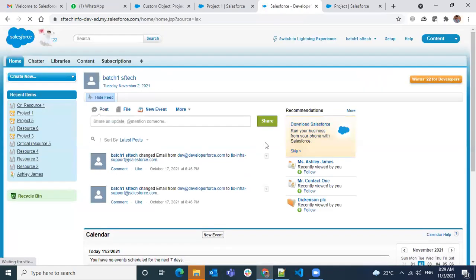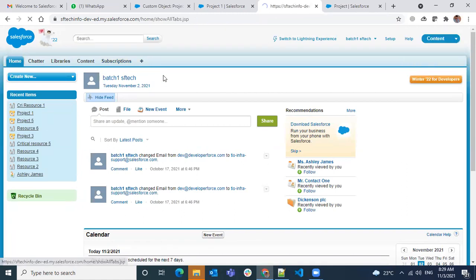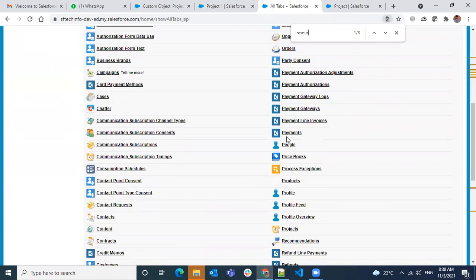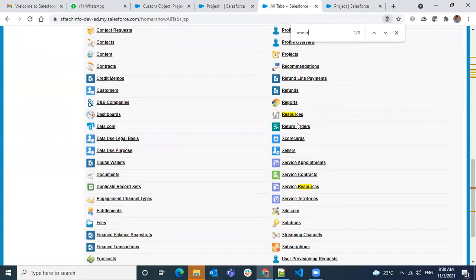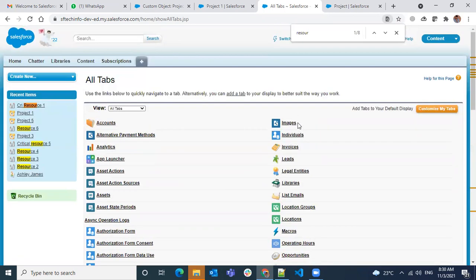Going to Classic and opening resources. In Lightning we have the app menu, where we can see all apps and tabs.